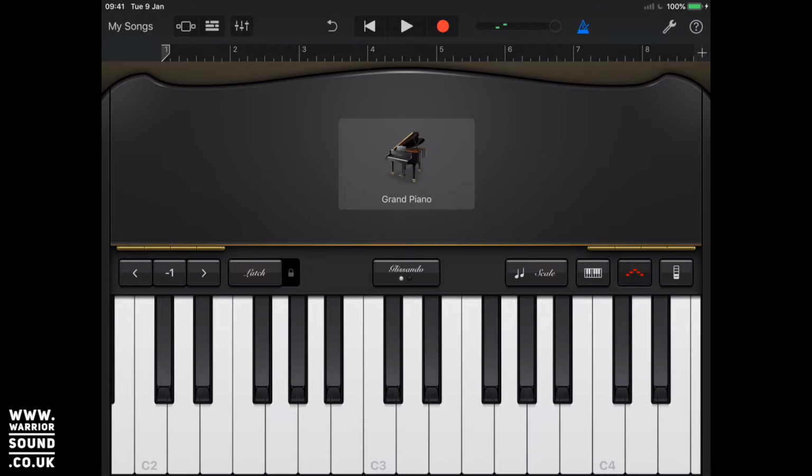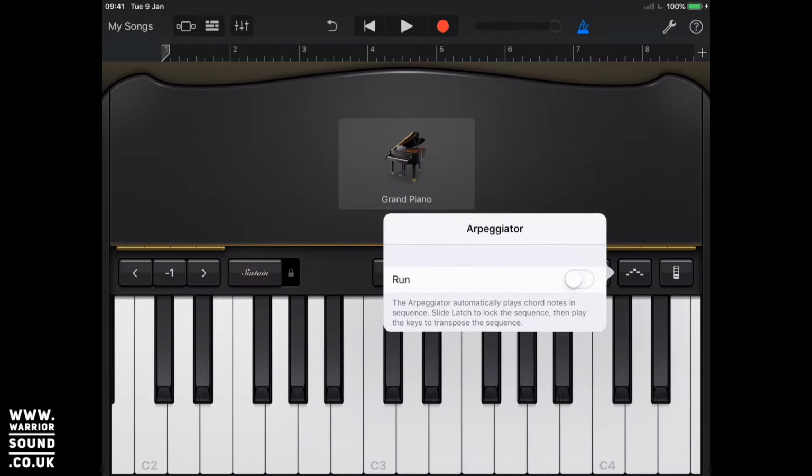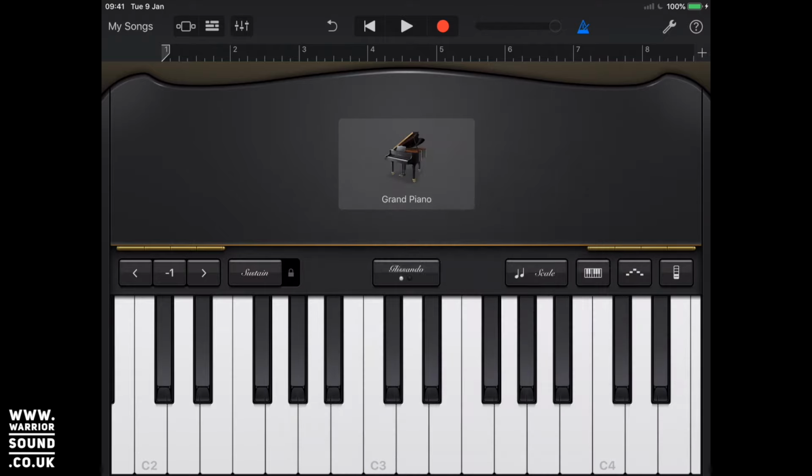It's very useful. And then we can just turn run off, and it'll put the arpeggiator back to white, which means it's off. The last one is a way of actually playing in a completely different way. So this is actually a chord structured way. So if you know what chord you want, again, like I said, if you don't know how to play piano, but you know you need a C, a G, and an A minor,